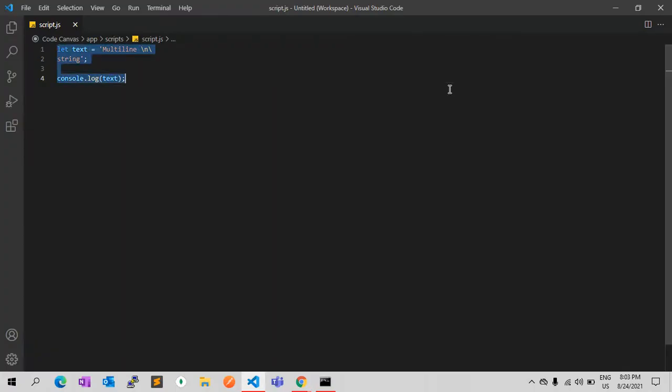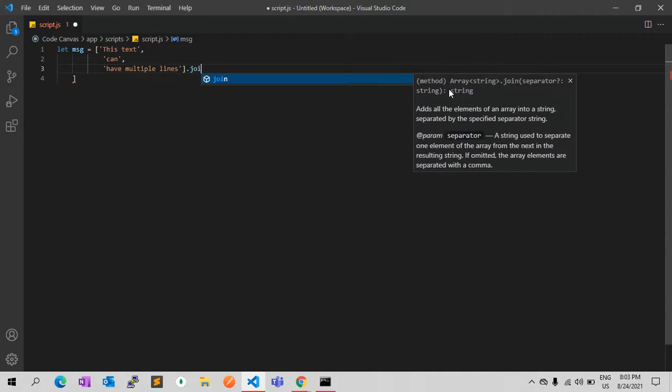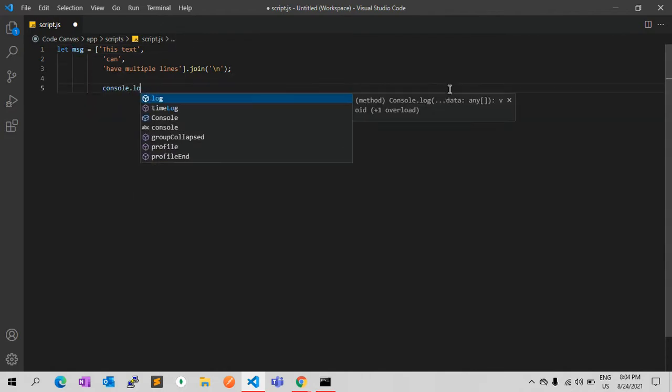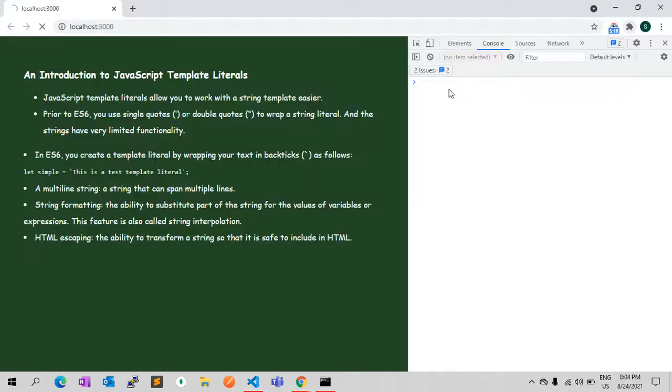Let me show you with an example. Like this, you can use the multi lines.